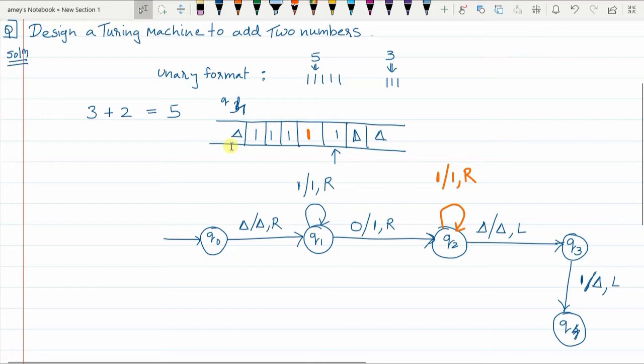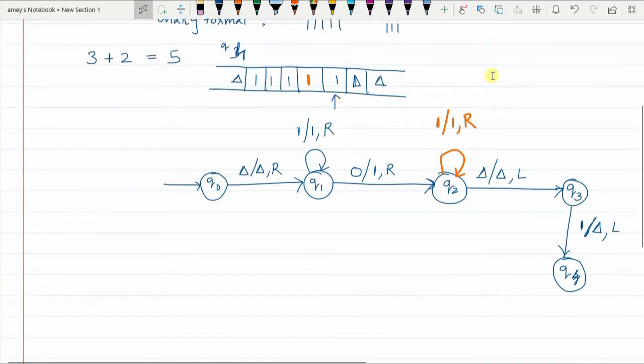Till we reach the start of the string. When we reach the start of the string, the problem is over, so that when the user next starts reading, the pointer will point here and he will start reading from the first one and so on. Okay, so in Q4 state,